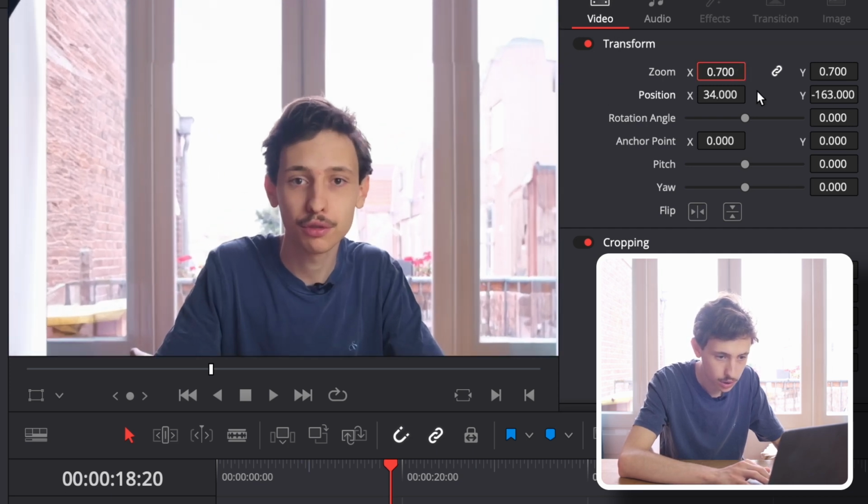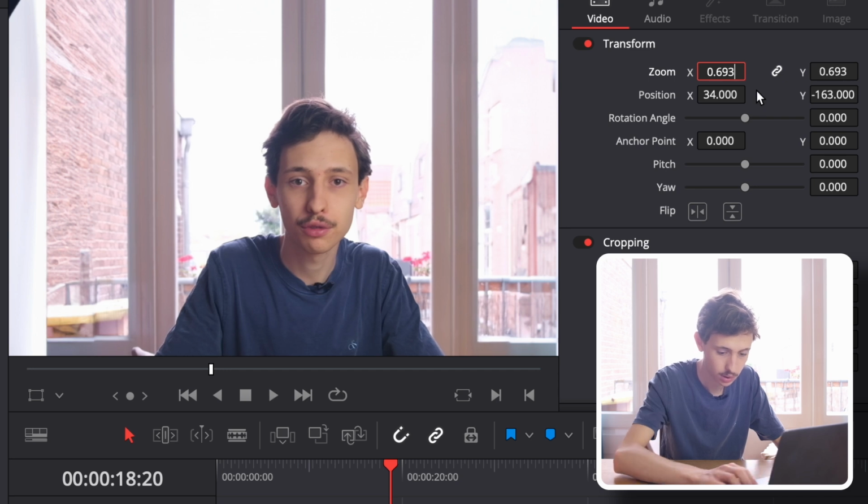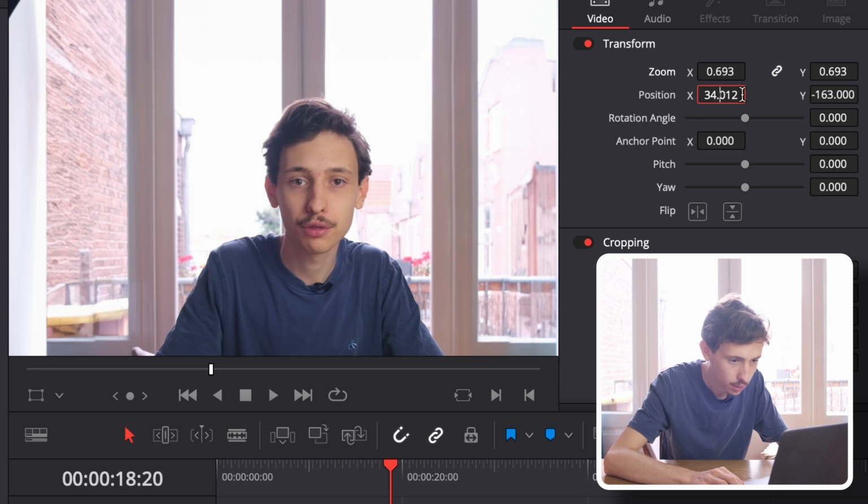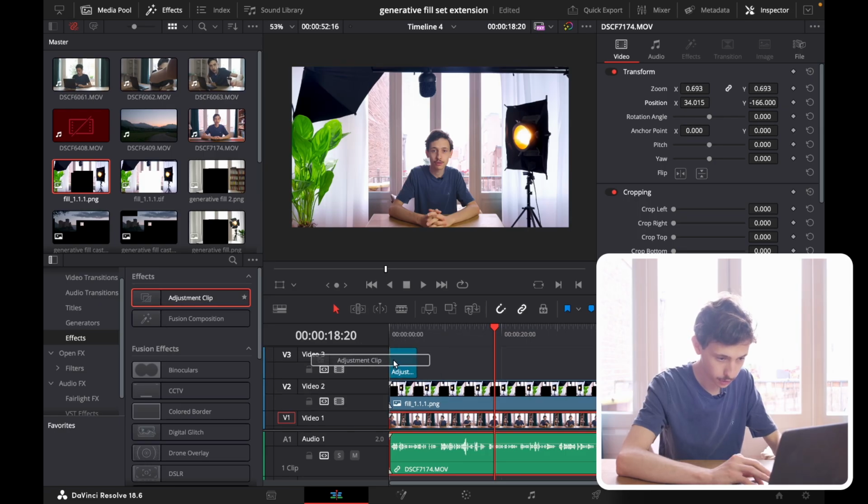And you can really use the arrow keys to make this very precise. Okay, if you now want to do any color adjustments, we need to add an adjustment layer over both of the clips. And we can use that in the color page to change any colors, so it applies to both of the clips. You can do whatever you like with this.